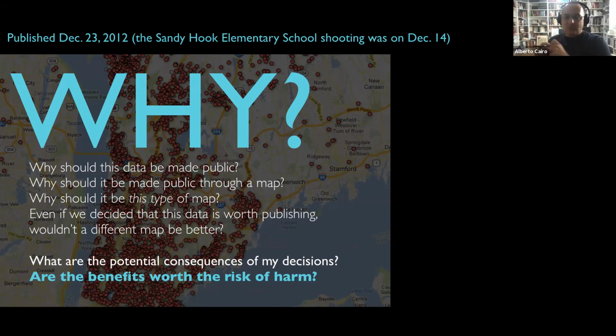Probably many of you who have some sort of relationship with the tech industry have heard about the famous trolley problem in moral reasoning. The trolley problem is one of these mental experiments that philosophers come up with sometimes that says, for example, you're on top of a bridge and you see that there is a train approaching 5 people and the train is going to kill those 5 people. And then you have a lever on top of the bridge and you can pull it. But then if you pull it, the train will go to the other side and instead of killing the 5 people, it will kill one person, one fat guy who is on the other